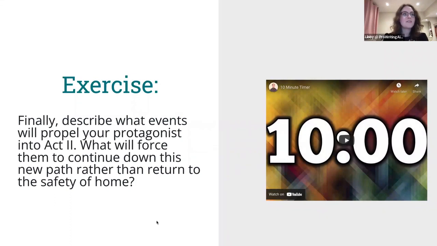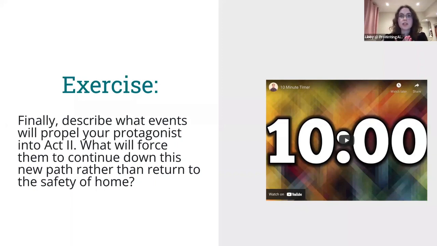So finally, describe what events will propel your protagonist into Act 2. What will force them to continue down this new path rather than stay in the safety of their home? So I can see how this could be a little bit similar to the last prompt, but I think